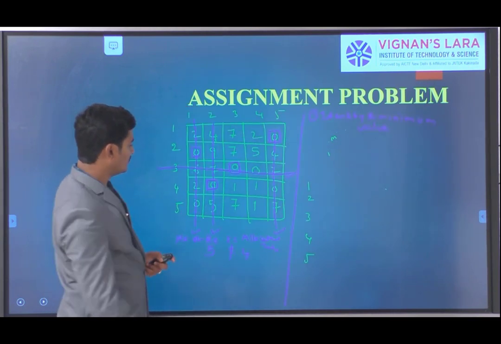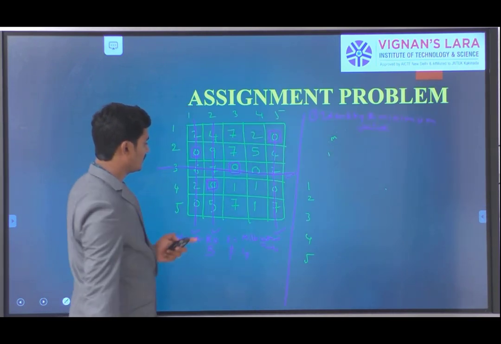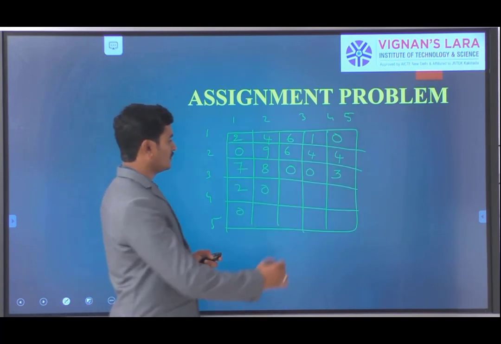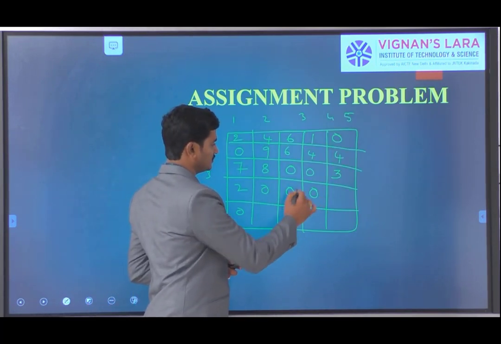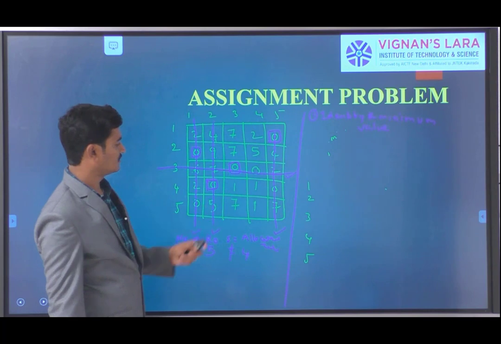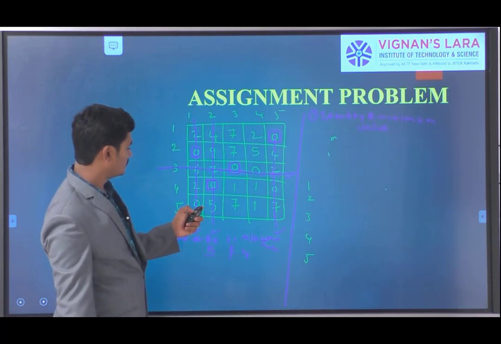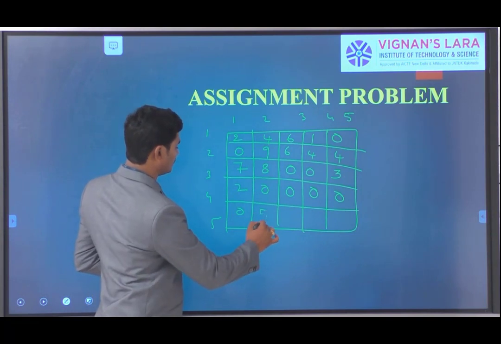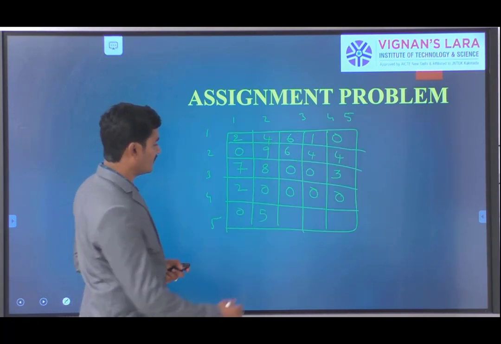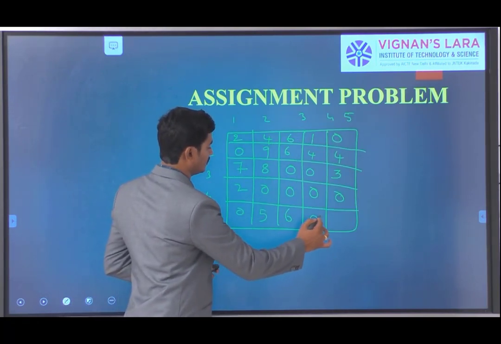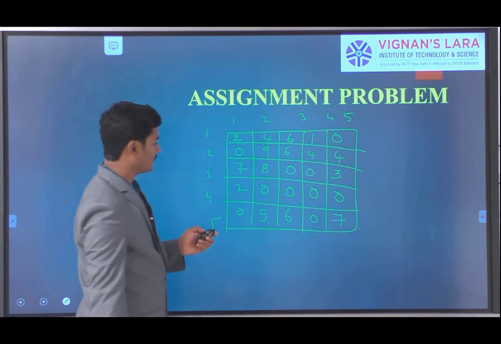Next, here one line is there, so 0 as is we are taken. Here 1 1, there is no line, so we are going to take 0 0. Next here single line is there, so we are taken 0. Next here 0 5, single line is there, we are taken as is. 7 1, 6 0 7 as is we are taken. Okay.